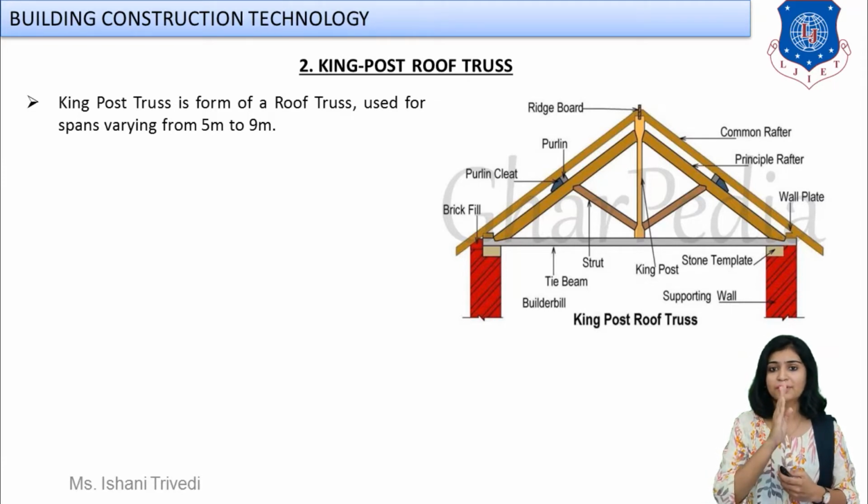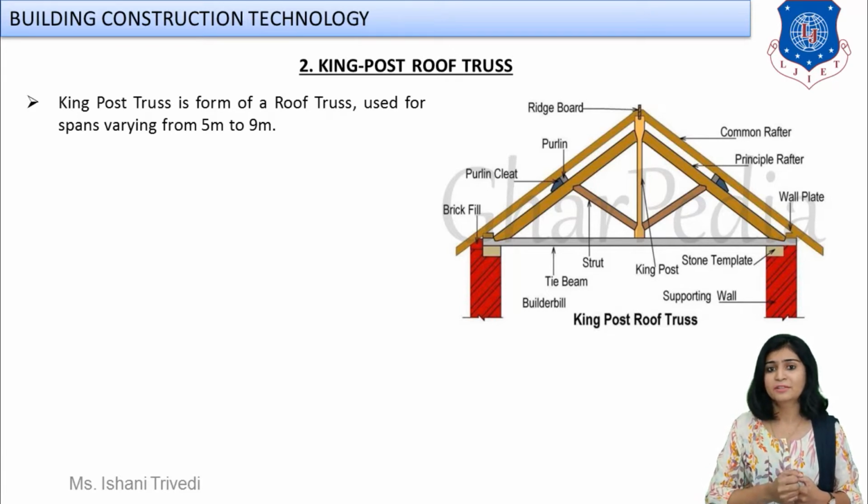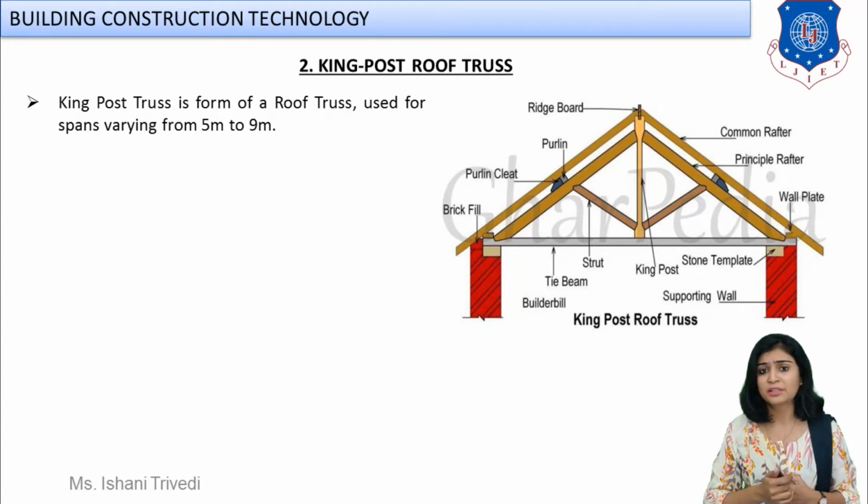Now look at the image flashing above me. Can you see that? Now try to read all of the labeled names. What can you see? I think some of them are familiar to you now. I had also told you to remember all the technical definitions, otherwise it will become very hard for you to understand different types of sloping roof. Now what can we spot over here which we are already familiar with? Let us check that first. Okay, what do we have?